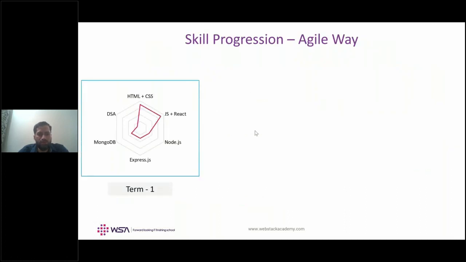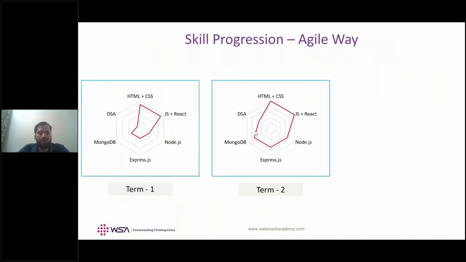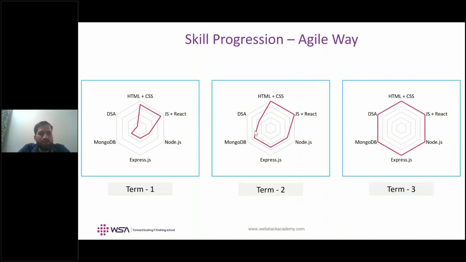All right. So we're using an approach wherein in each term we're learning things in an agile way. Initially, we'll learn the core technologies, and as time progresses, we'll introduce a new concept in each of these technology areas. And we are not taking a depth first approach, we're taking a breadth first approach wherein we learn the necessary things and keep building incrementally on each of these technology stacks, which will help you to build new projects